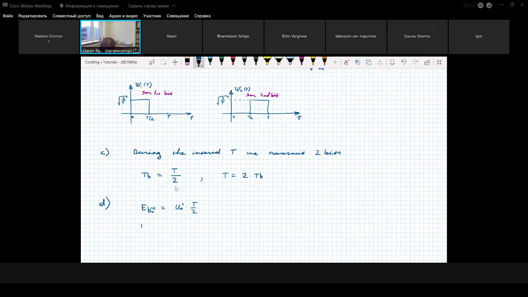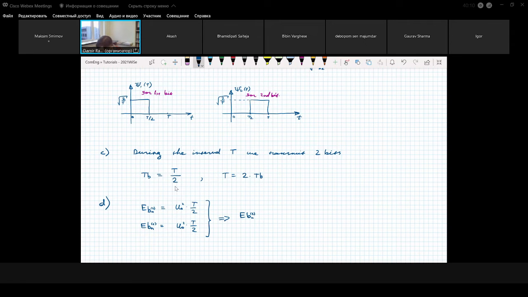Then we calculate the energy for the second interval, and it also equals U0 squared times T over 2. From this we can conclude, and actually it's not necessary to write it this way, because previously we already said that the bit interval is the same for both bits, so we can conclude that